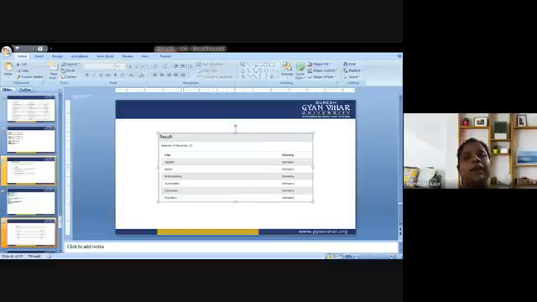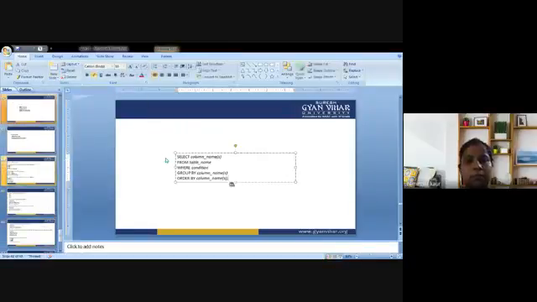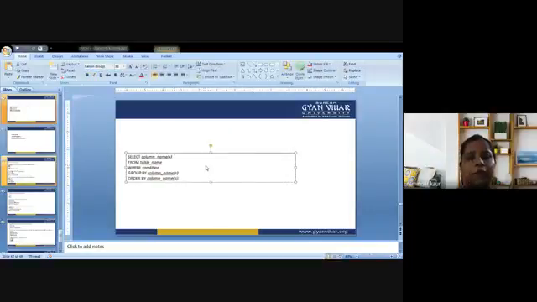So there is a syntax for the same. That is, select column name from table name, where condition, group by column name, order by column name.